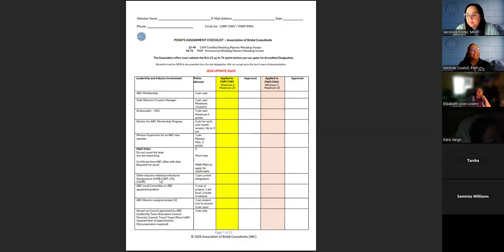Moving on to page 7, which is leadership and industry involvement. Now, you get 2 points per year for being an ABC member. For this one, your certificate is in your profile, but I can go back and look that you are an ABC member. So for this one, I always tell people it is okay. I can go back in the system and count to see how many years you have been an ABC member. And